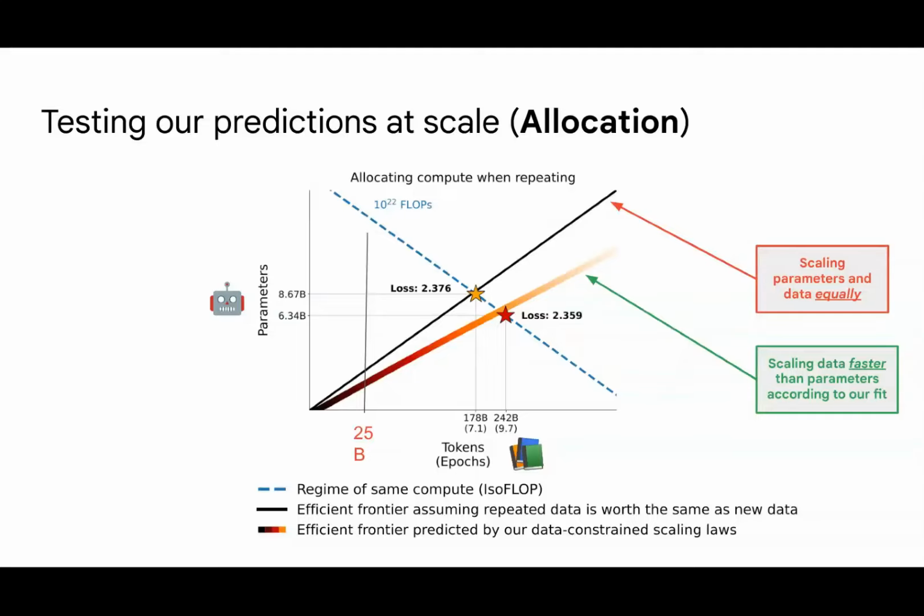Now, I want to be careful to explain this graph. In a world where we have infinite amounts of unique data, it is better to use the compute optimal formula. This only applies in a world where we need to repeat the data and it decays over repeated use.